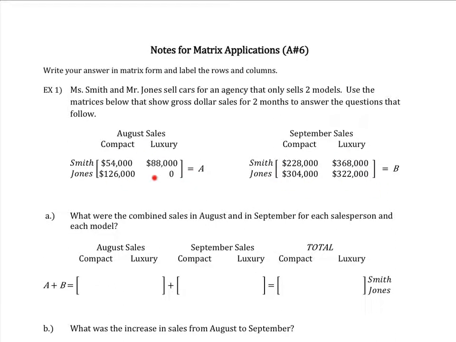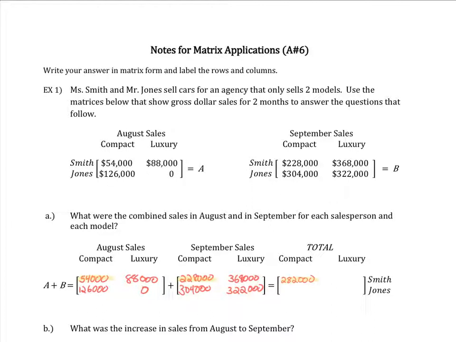So we can just copy these numbers down into our matrices here and then add them up element by element. So in the upper left, for Miss Smith's compact cars, we can add 54,000 and 228,000 to get